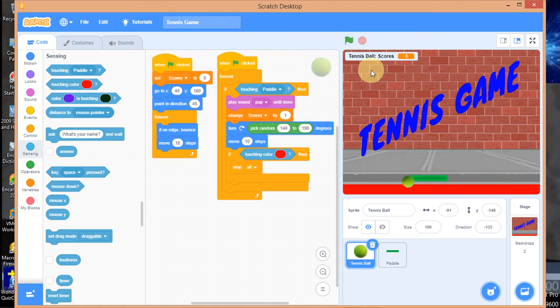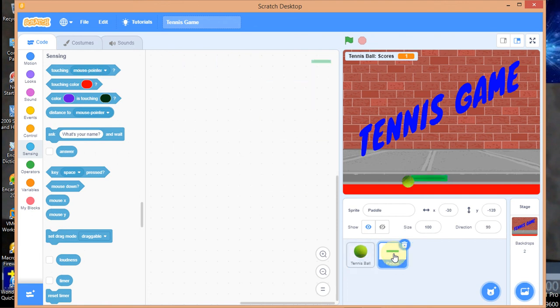I don't know, but it stopped. Okay. Whatever stopped. Well, let's see what is going on. I don't know what is going on yet, but I think my code block is correct. But let me work on the paddle now because it stopped somehow. Okay, so let's go for the paddle now.